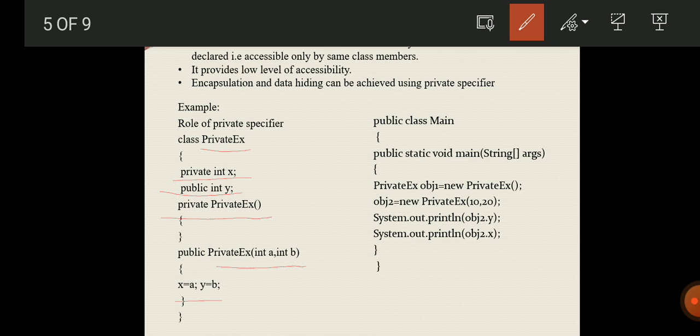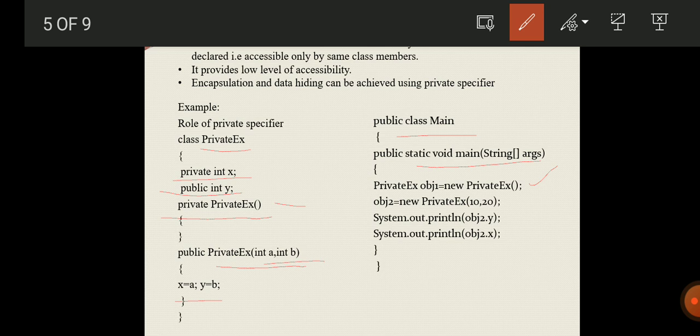So one is the private constructor and another one is the public constructor. Next we are calling the main method, the main class. Next I am creating the object for the private.